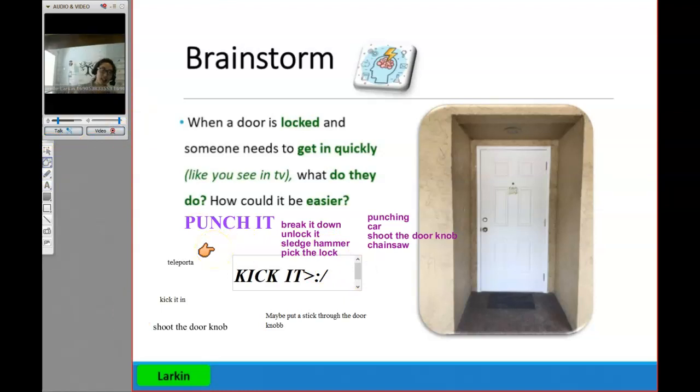Awesome. So the one that I do see the most frequently is definitely kicking it. Now, when we want to kick the door, one thing that I've noticed is that sometimes if it's a really big door, you can actually have two people kick the door down. Do you think that is going to be easier or harder? Tell me in the chat box. If it's just you kicking it versus you and a friend kicking it, is that going to be easier or harder to get the door open?